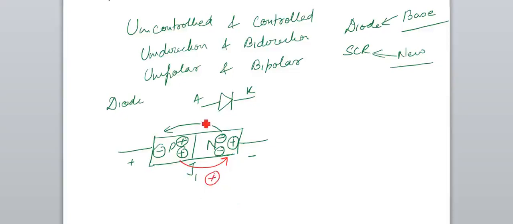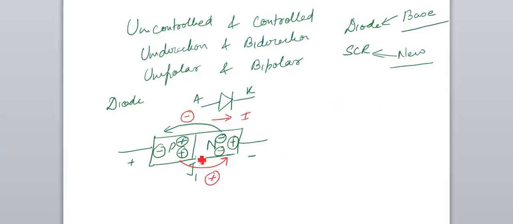That's why the current is said to flow from positive to negative. It is opposite to the movement of the electrons, which is why it is called conventional current. Electrons flow from negative to positive, but the current flows from positive to negative.